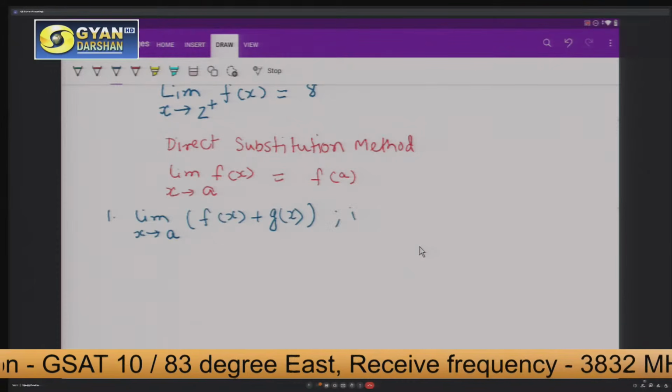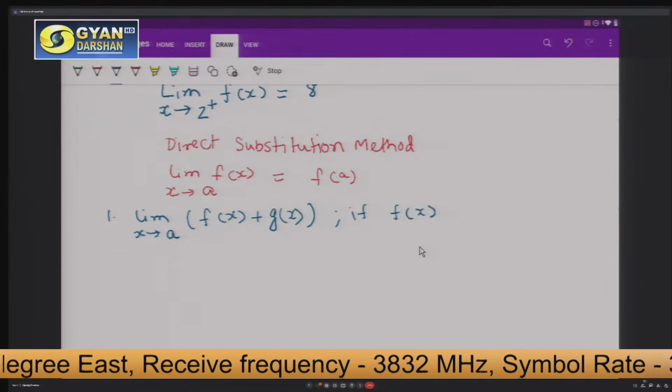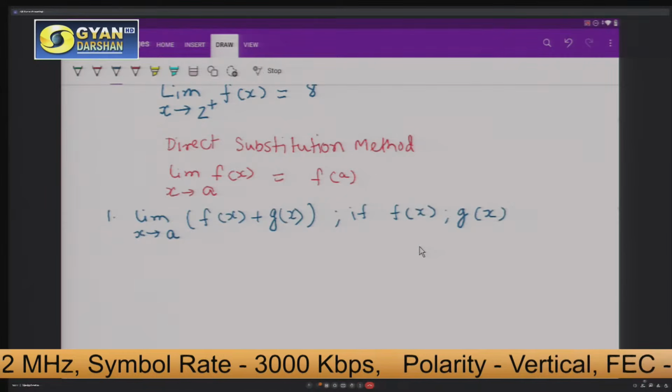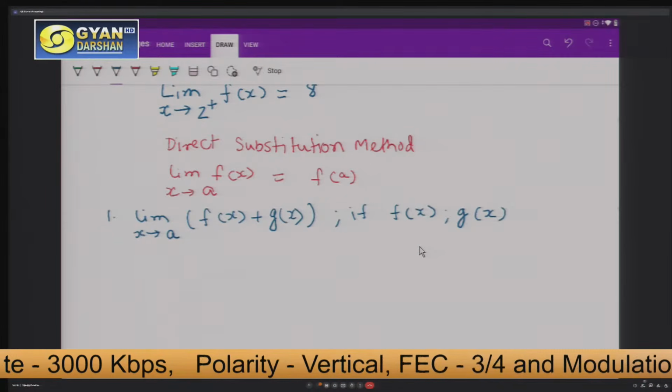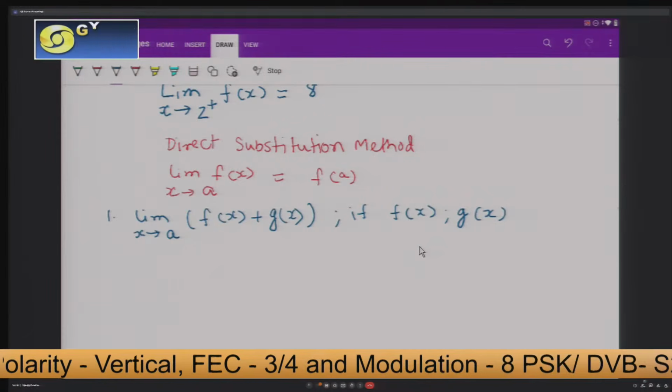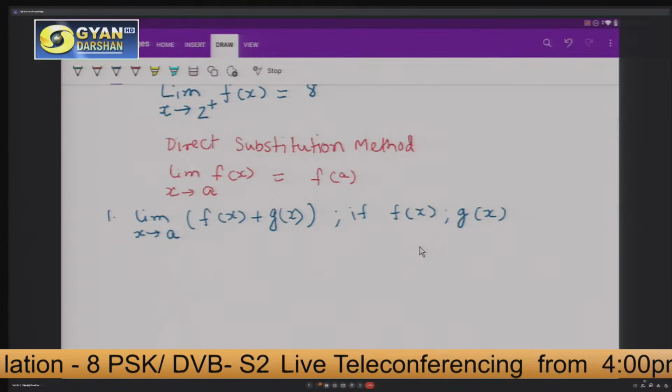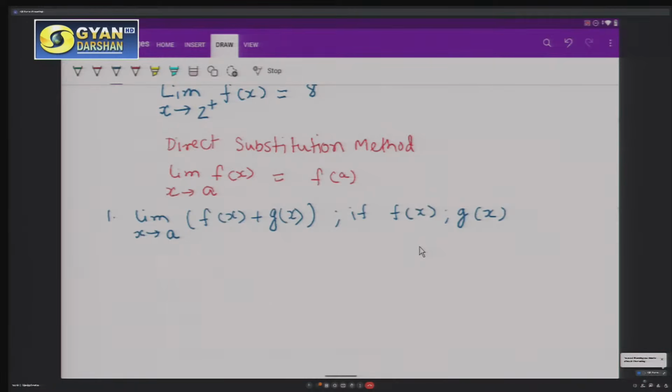If f(x) and g(x) are real valued functions, real valued function means that f(x) and g(x) are elements of R, the set of real numbers. So this will be equal to